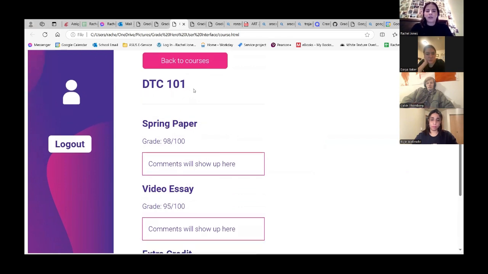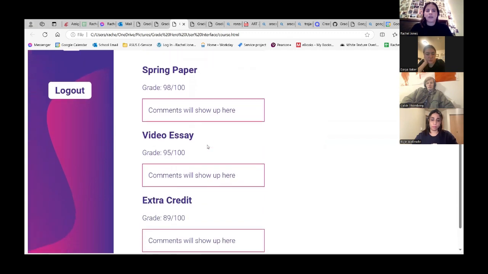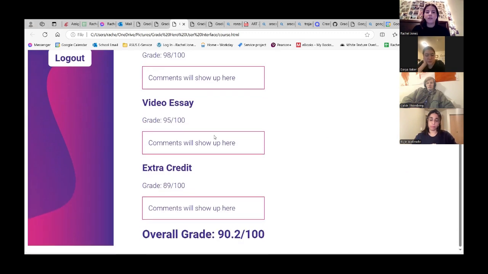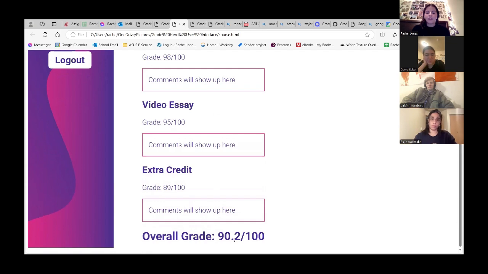And it would display the course name, and it would show up with assignments. And so we're going to have the assignment name, a grade out of 100, and then if a teacher decides to add comments, they will show up here. If there's no comments, it'll stay like this little placeholder. And this is the feature that Daria was working on. Obviously, we haven't connected that functionality yet, but once we do, a dynamically generated grade from the assignments will show